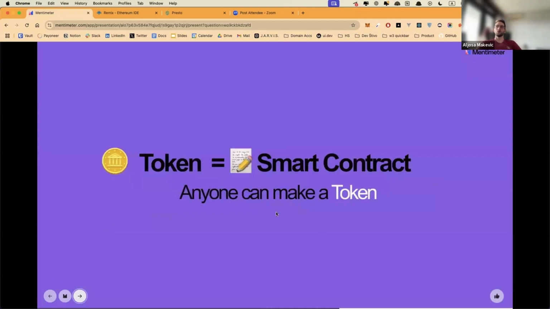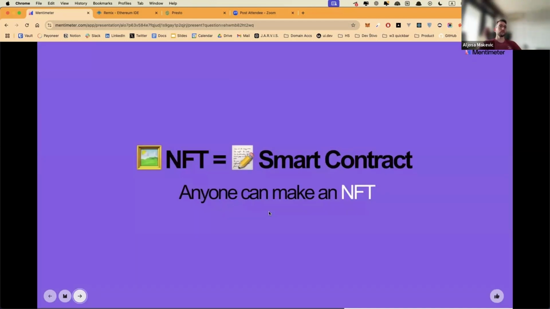You've definitely heard of tokens, and there being multiple tokens on one specific blockchain. And the token is actually nothing more than a smart contract. We have a standardized set of rules: a token should have this function, a token should have a name, one token should be divisible by this many parts. And if it abides by those rules, that is a token. We can just write that code and it's basically like 7 lines of code. It's super simple.